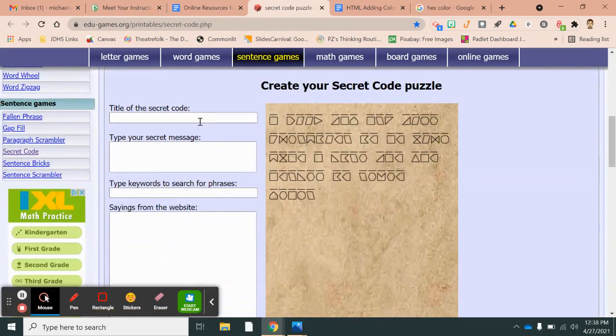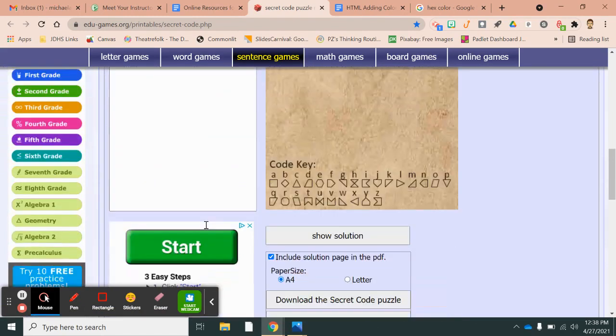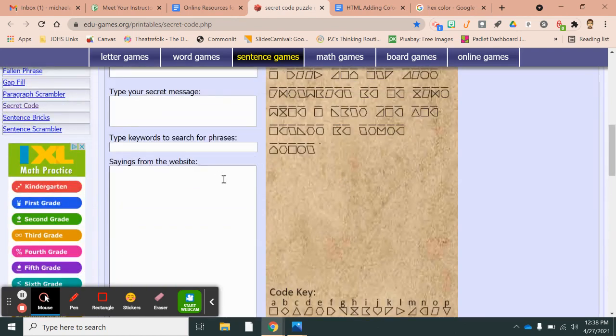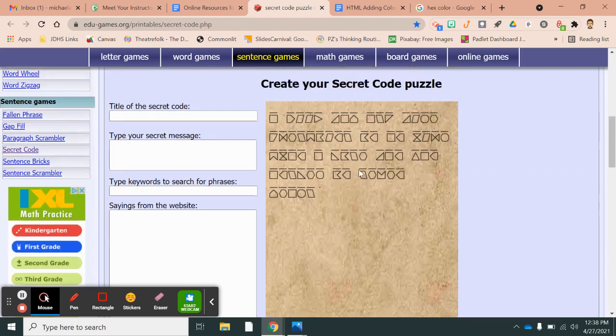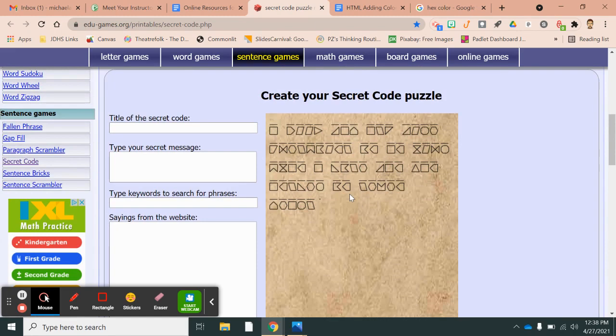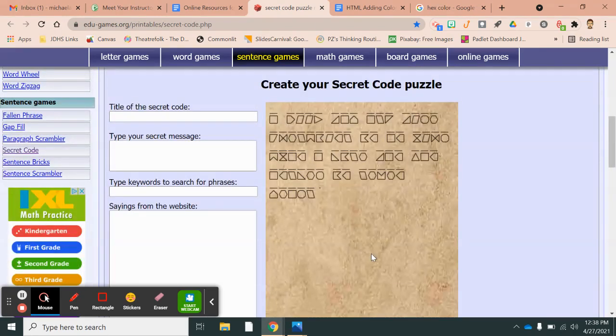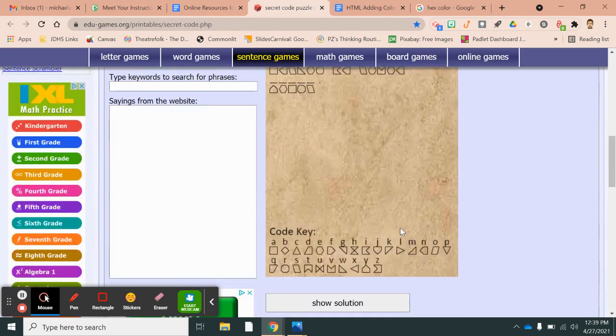You just title it, you put your secret message, and then you have this coded key down here for your students, and it puts it into a code for you up here. It changes it into a code right here. Then once you get your code, what I did for you guys, which you can do as well, I took what's called a selected screenshot, which means I just selected this portion and saved it as a screenshot, which is